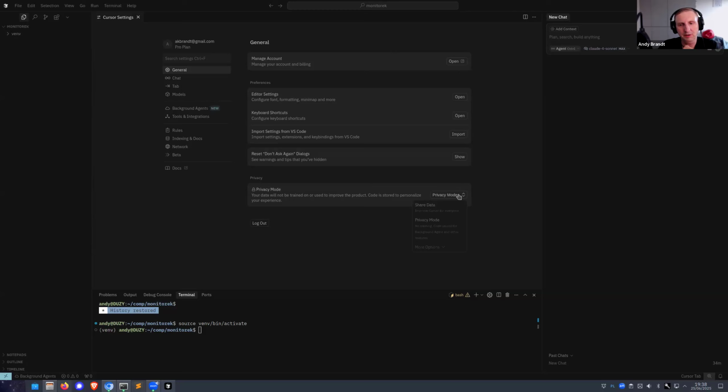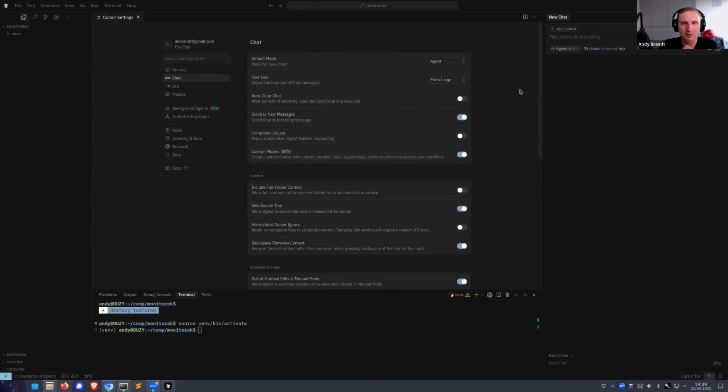First of all, there is the privacy mode. If you used Cursor before early May, you may have privacy mode legacy here, and it's worth switching to the current privacy mode, which allows you to use background agents, basically.